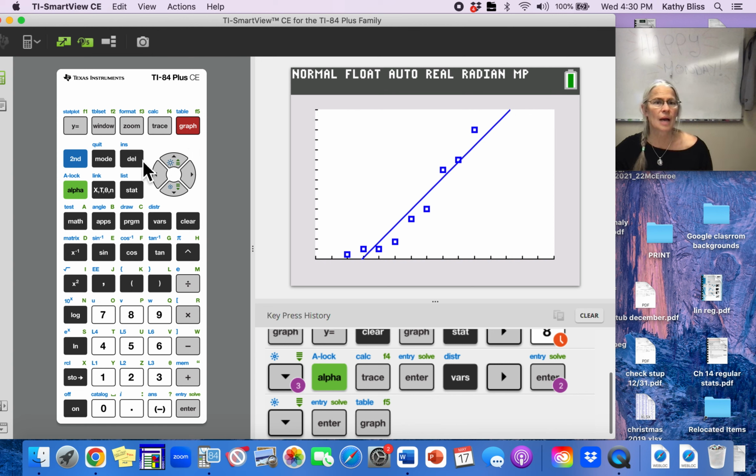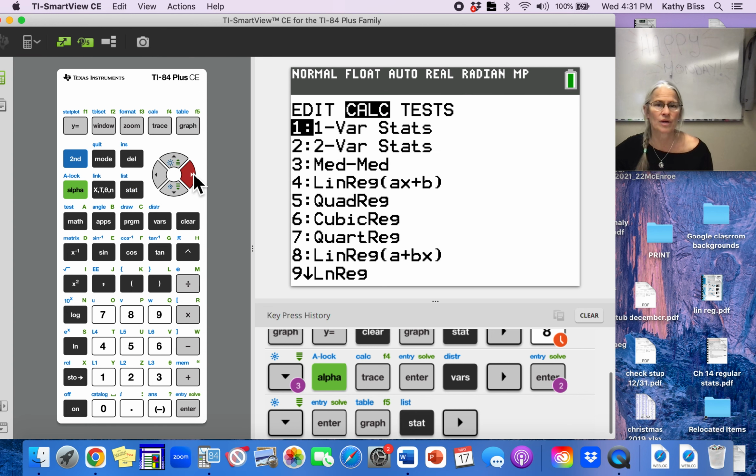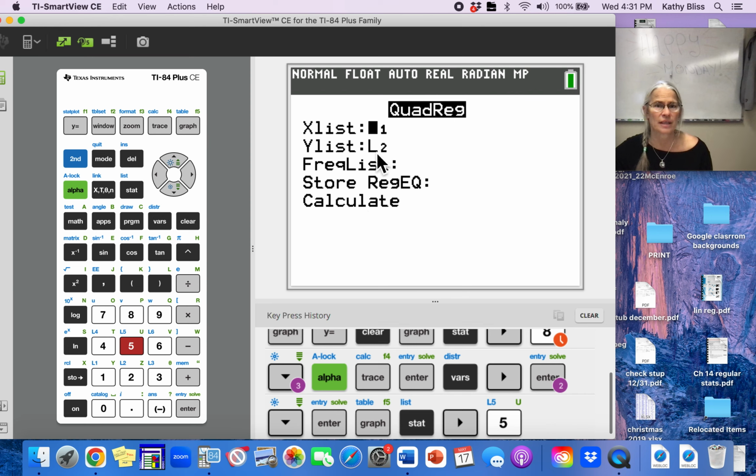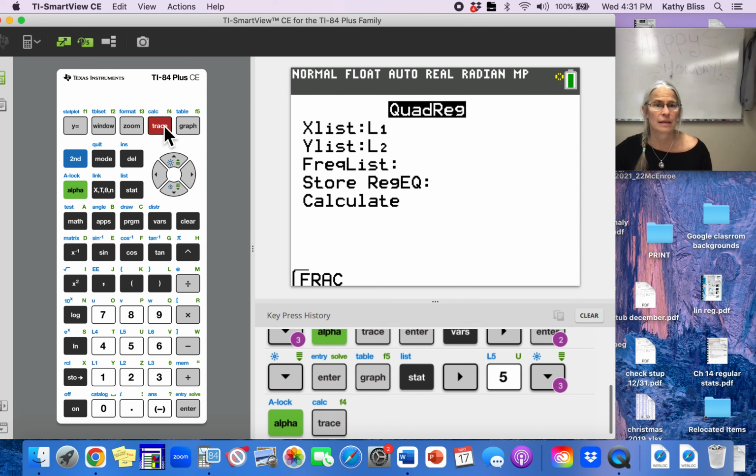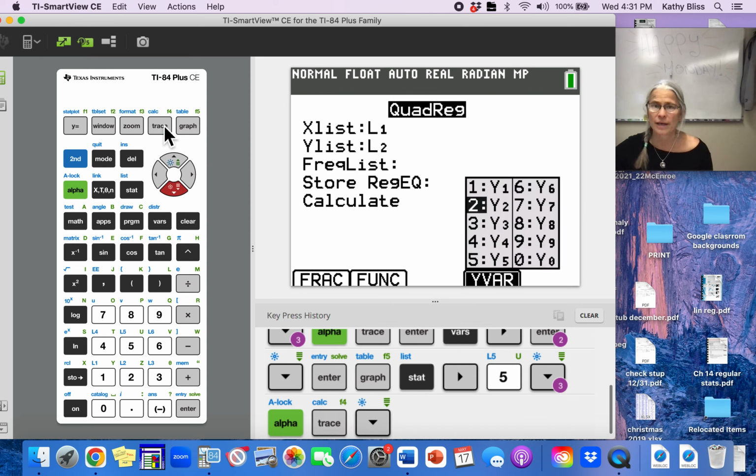So I'm going to go ahead and take a look at a quadratic regression. Just like for number 2, it asks you to do a quadratic. So we're going to go to stat, and then we're going to go to calculate. And I see here quad reg. Just like we had lin reg, quad reg is quadratic regression. So you're going to hit number 5. There's your data. And instead of overwriting my other equation, I'm going to store my new equation now in Y2,